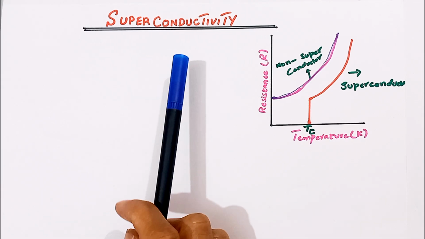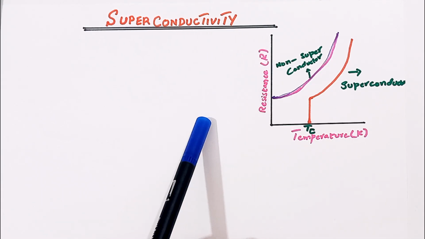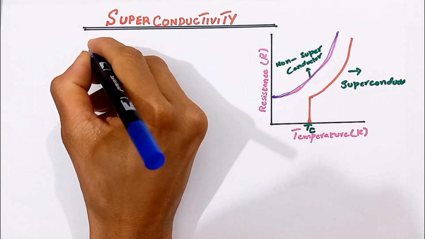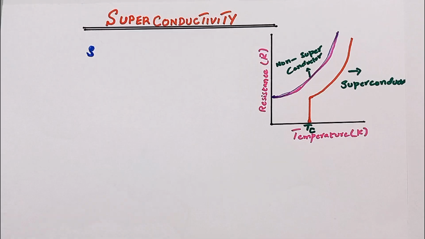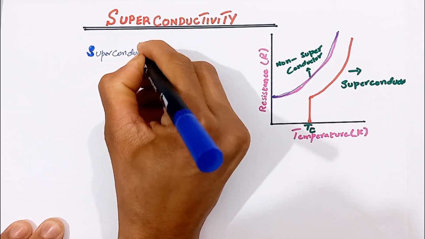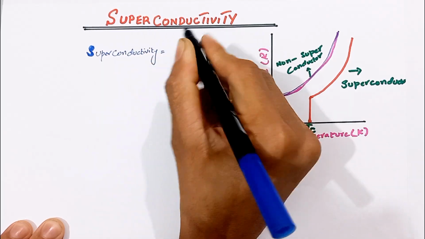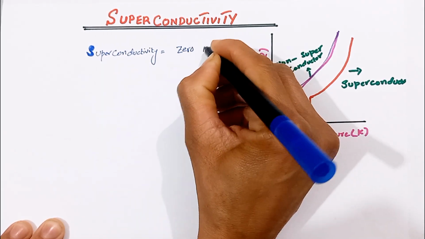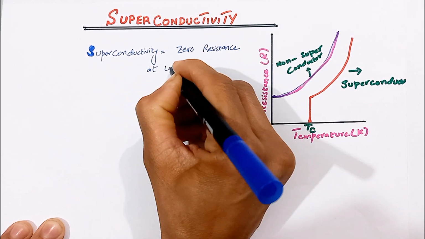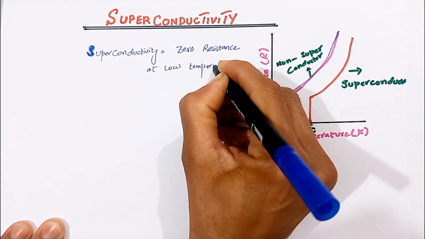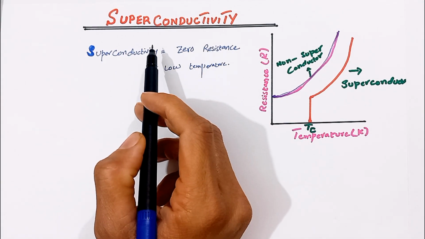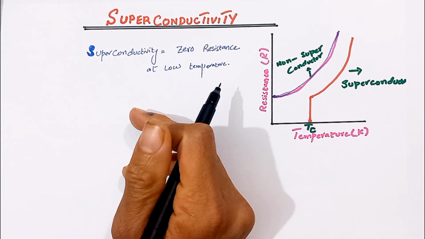This concept explains how some materials show zero resistance at very low temperature. So here we write about superconductivity in short concept: superconductivity has zero resistance at low temperature. If we discuss the definition of superconductivity, we know that superconductivity is